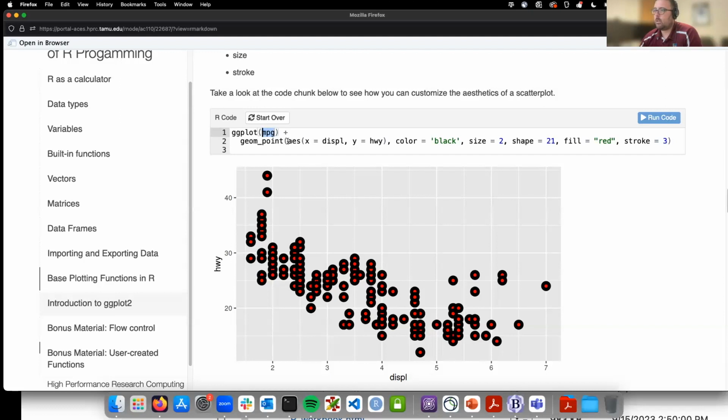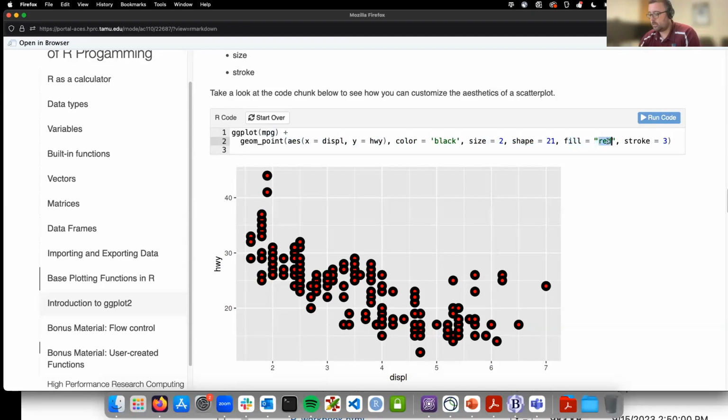And so now we're calling in these aesthetics, just the X and the Y, and then we're specifying here the color, which is going to be the outline color, the size, which is the overall size, the shape, which we'll cover more in a minute, the fill, which is red here, we can change that, and the stroke, which is the thickness of the